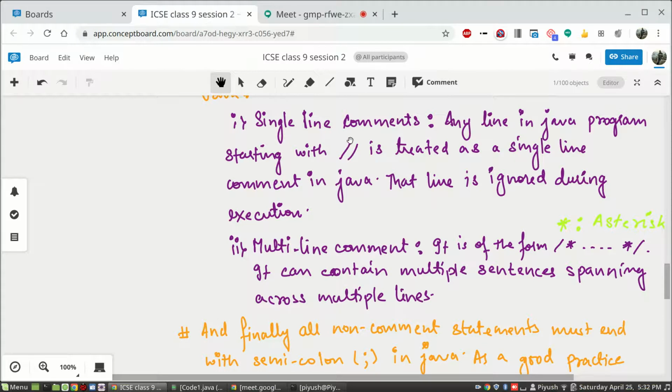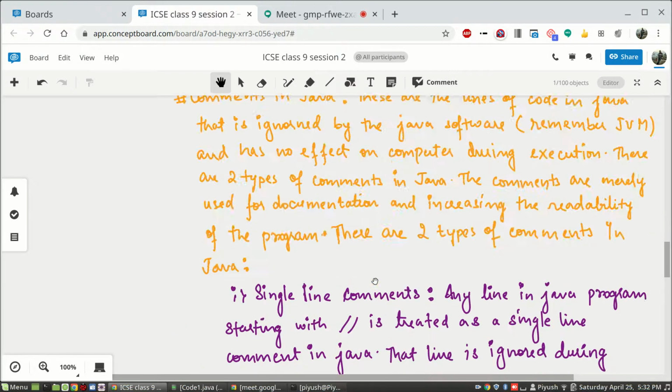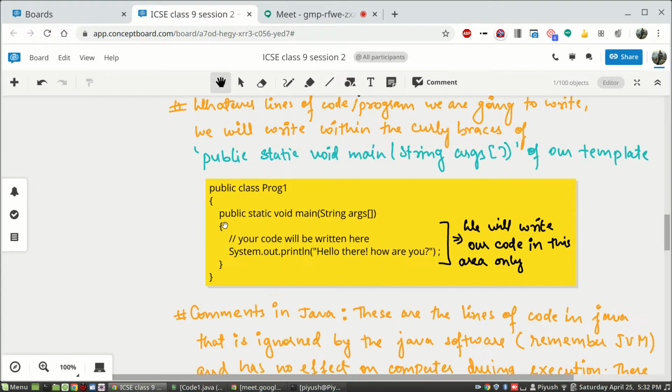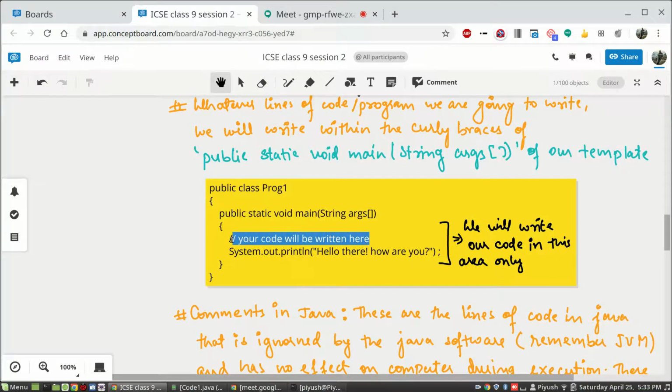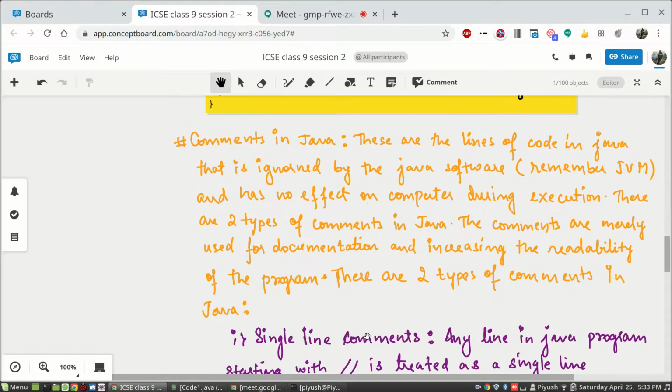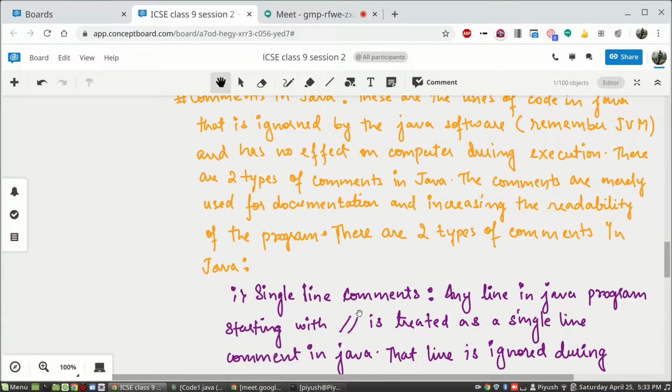Any line in the Java code, within these braces, if you can see here, this line here is a comment. All single line comments start with double forward slash. There are two types of slashes on your computer.